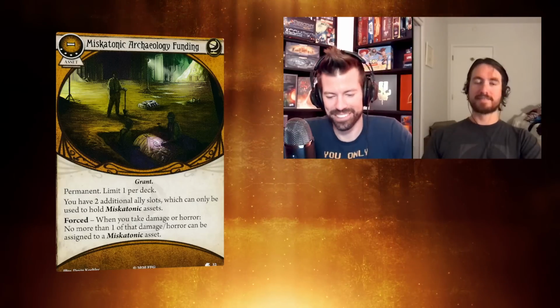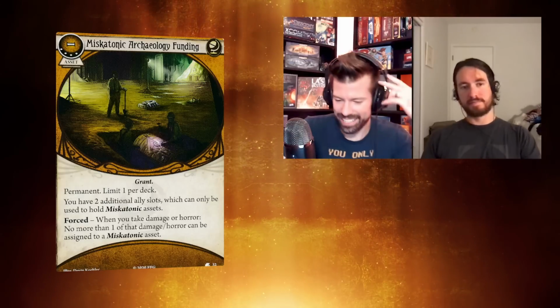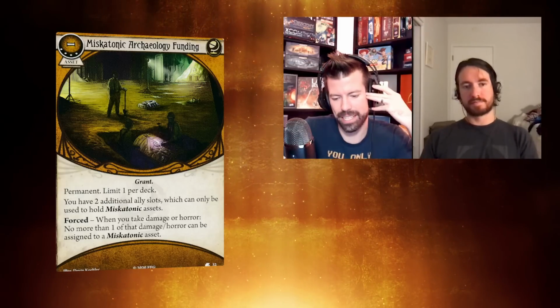I like the flavor of, well, you've got the backing of Miskatonic University. You can't just throw all their people under the bus. It's also probably for balance, so that this doesn't lead to you creating a deck that's churning through allies for their soak. But wow, this is really interesting. I don't think we've ever seen...